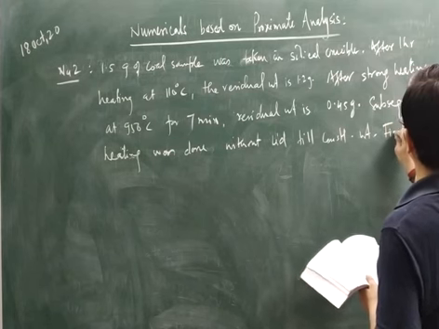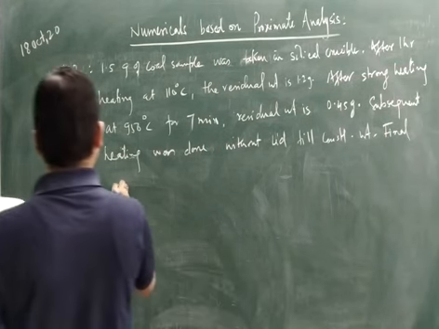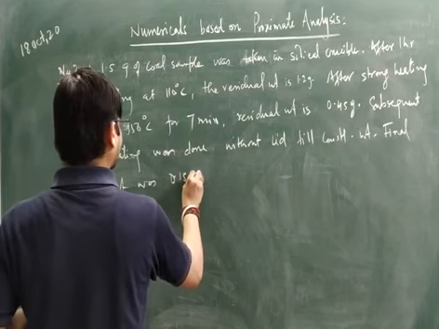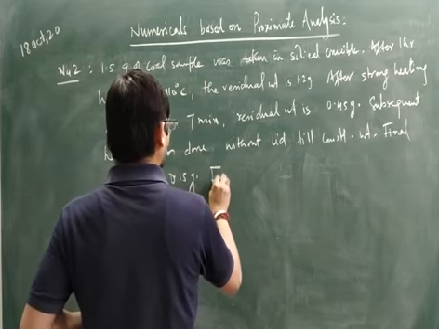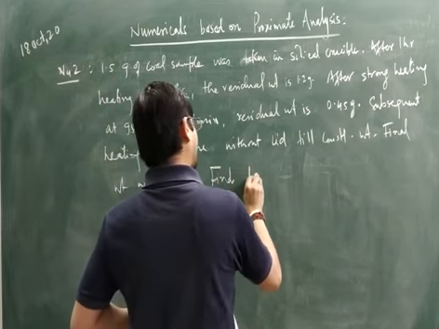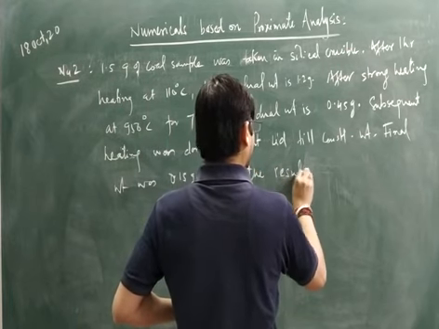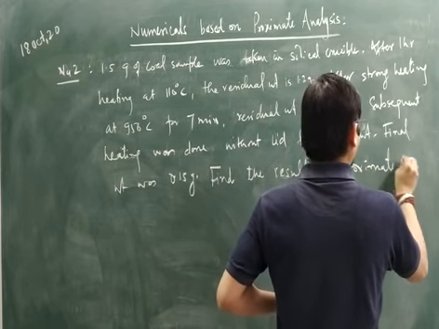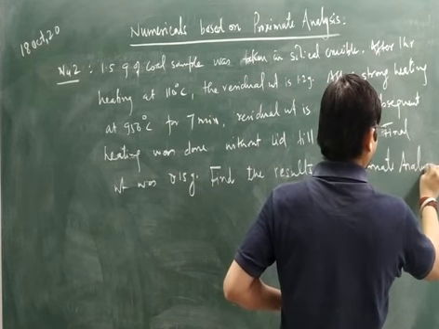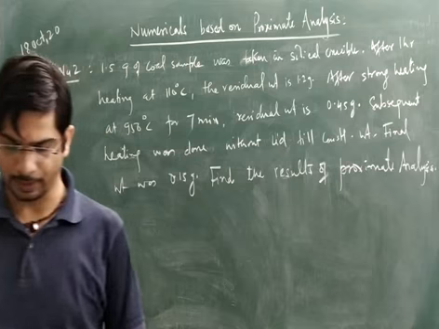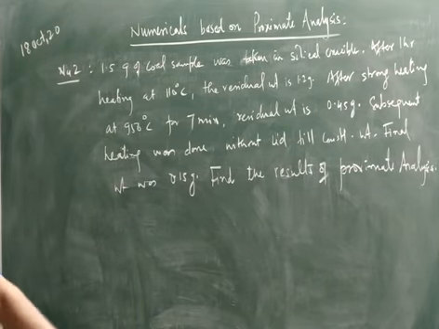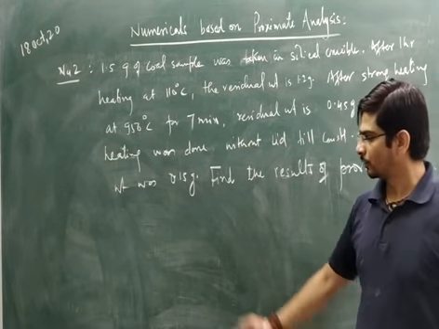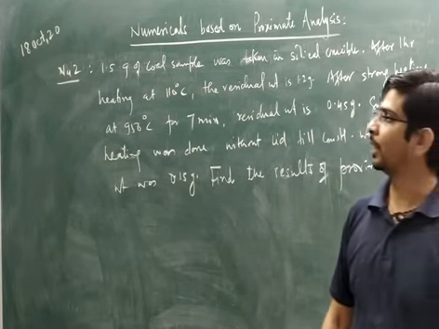Final weight was 0.15 gram. Find the results of proximate analysis. So this is a very similar numerical to the earlier one. So you can try this numerical at home and tell me the